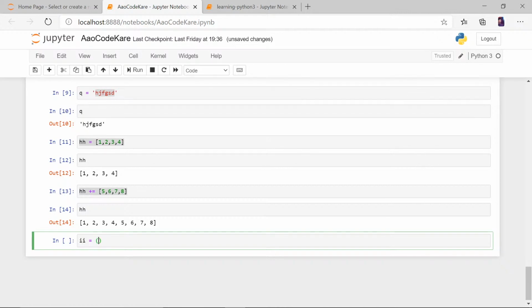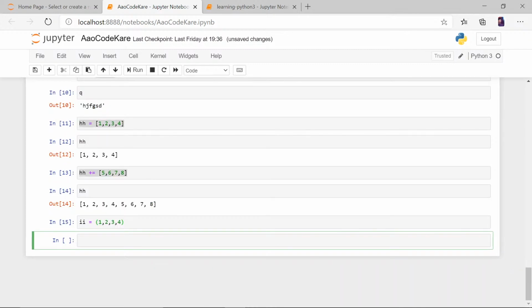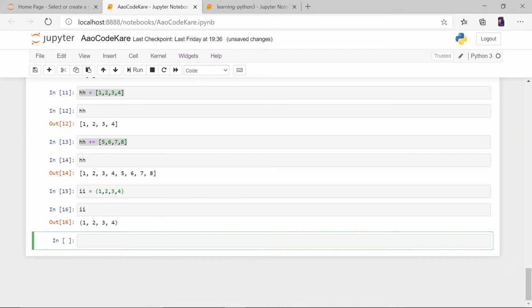Circular bracket 1, 2, 3, 4, right? What is I? 1, 2, 3, 4. Same as list. But if I do I plus equal to another tuple 5, 6, 7, 8, like same as list I'm doing, I'm not doing anything new.